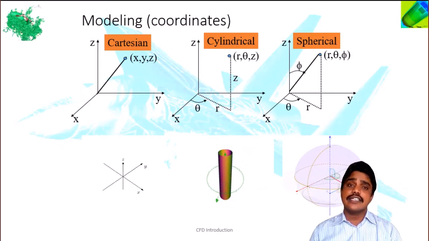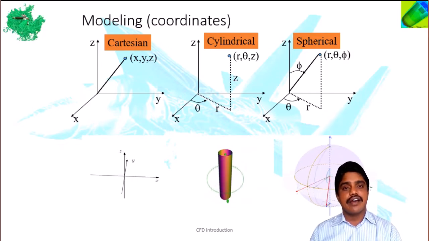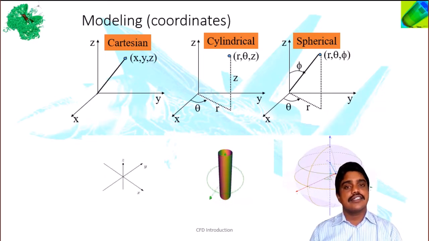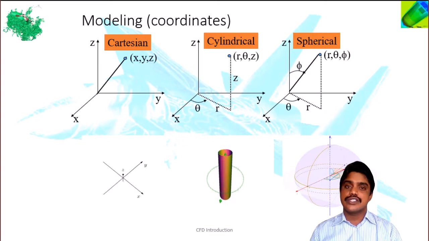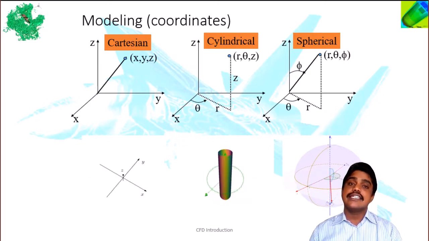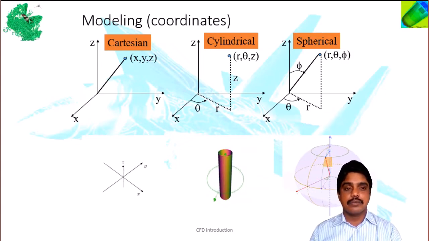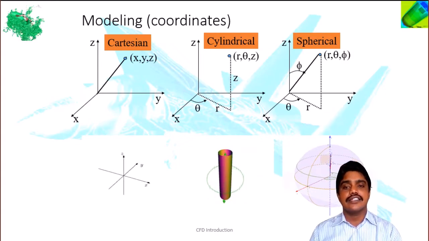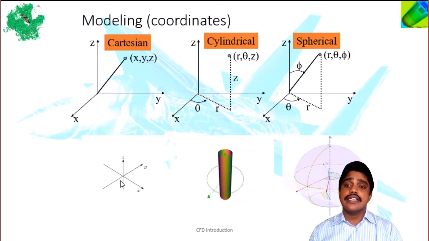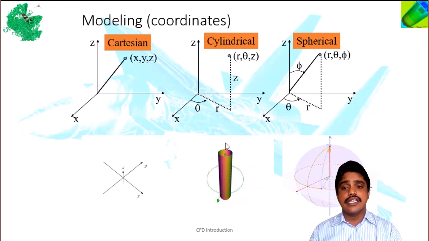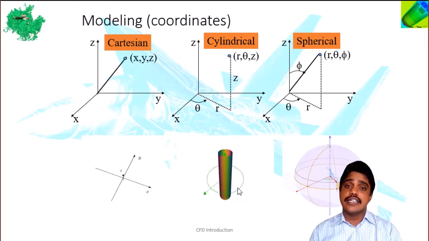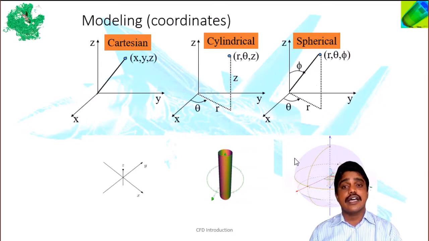In the cylindrical coordinate system we have r, theta and z, where r is the radius of that particular component or geometry, theta is the angle made in that particular geometry, and z is the direction in which the body needs to be extruded. Here in these animations we can see the xyz coordinate system, and the cylindrical coordinate system, r, theta, z, with a cylinder being demonstrated under the coordinate system.